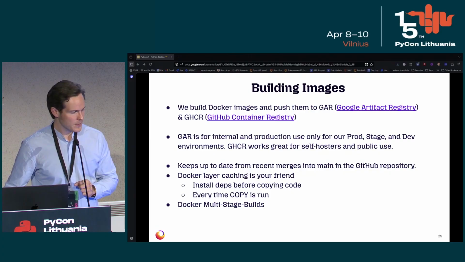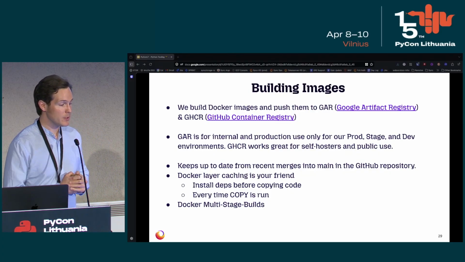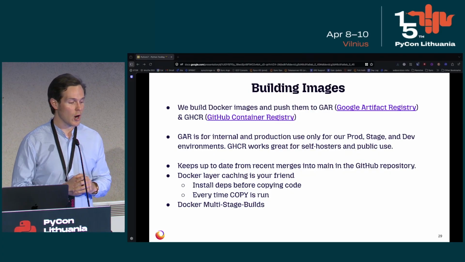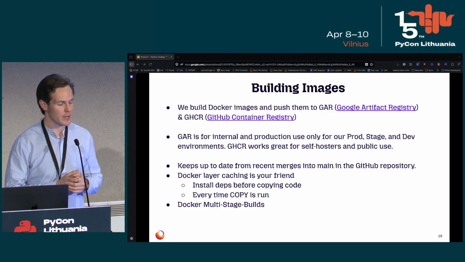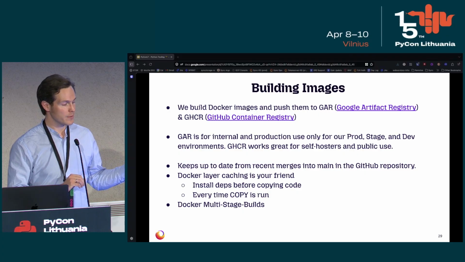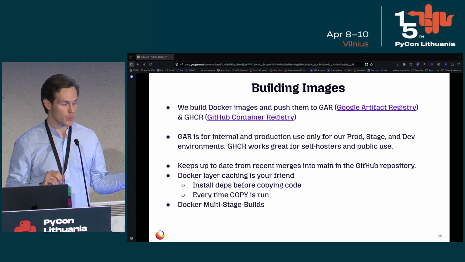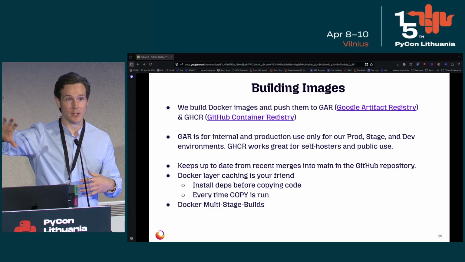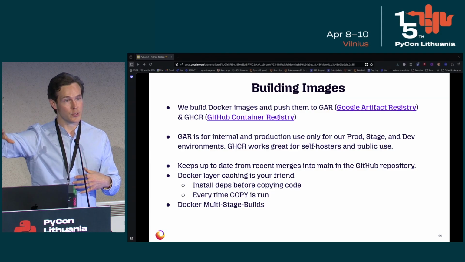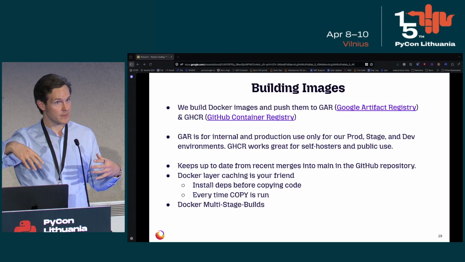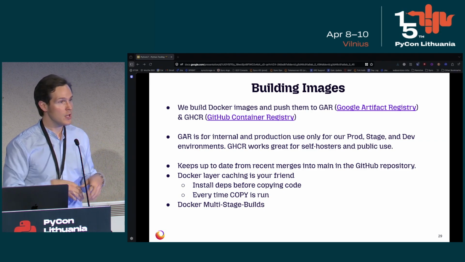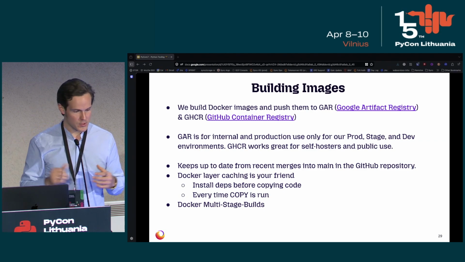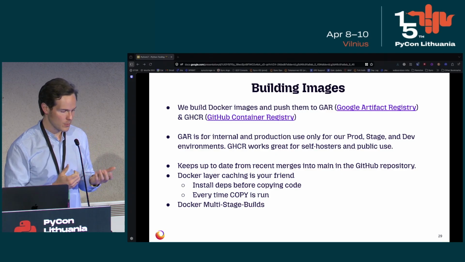Building images. So at Mozilla, we build Docker images and push them to the Google Artifact Registry. That's specifically our internal production environment registry where we have a safe place to put our images. And then most all of our other services are then pushed to GHCR, which is the GitHub Container Registry. So you'll have a little widget in your GitHub repo that shows the different tags and different history of the deployments. And you can essentially just pull down any of our repositories. We used to use Docker Hub, which is totally fine. No complaints about that either. So either are fine.